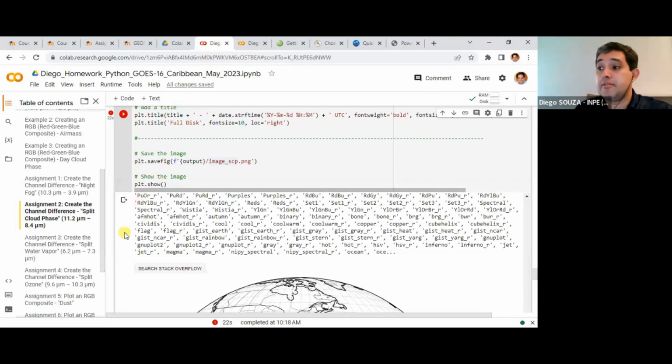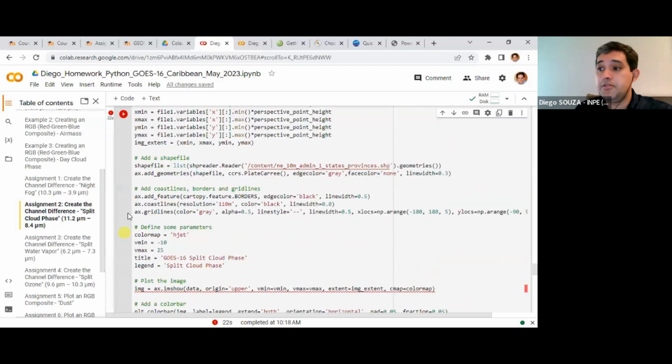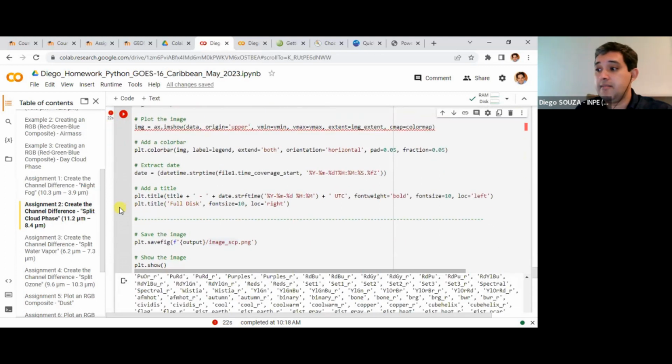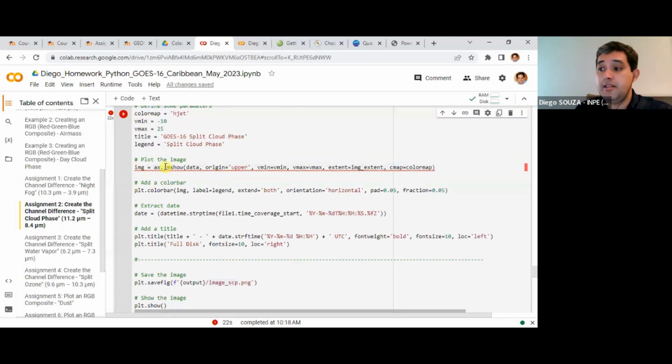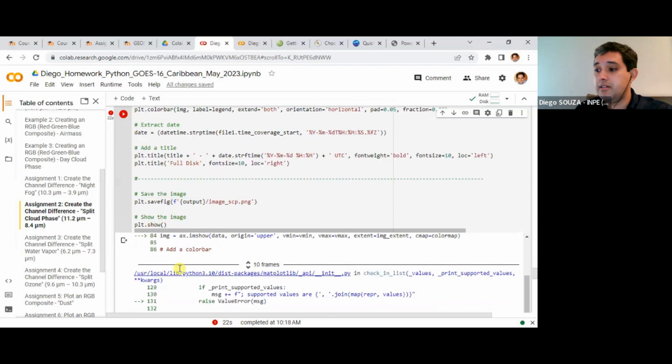And I got an error. When I got an error, you see the play button in red and an exclamation mark here, right? And I got an error in the imshow command, right? So it has this red line here, right? And if you read the error, you see that